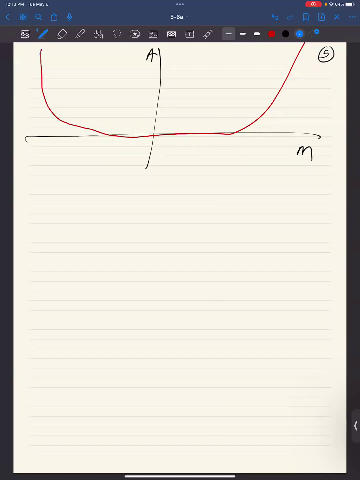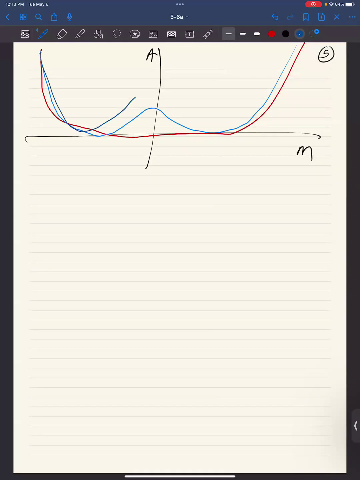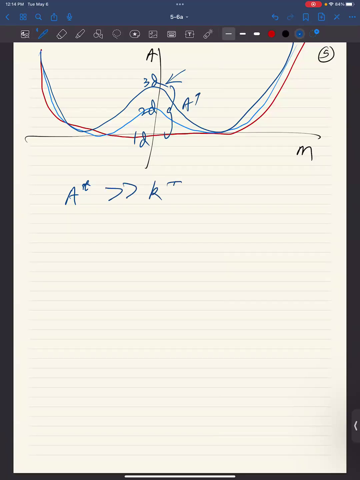In 2D, it will look something like this. In 3D, the barrier becomes even higher. Okay, so this is 1D, 2D, 3D. And the peak should be right at the origin. I'm sloppy in drawing, you know by now. So effectively, the barrier A star becomes much higher than kT in 2D, 3D, and it traps the system